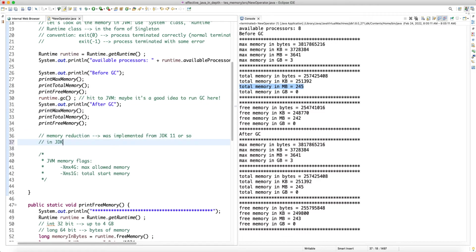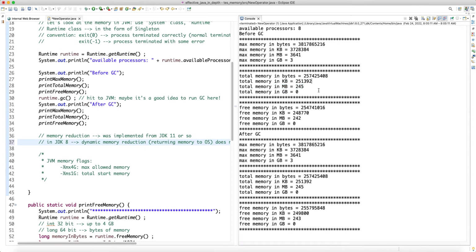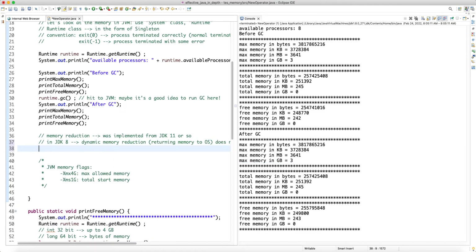So the conclusion is that in JDK 8, dynamic memory reduction, or returning memory to the operating system, does not happen. So this is definitely something they added after JDK 8. It wasn't implemented in JDK 8. And then the other difference is that in JDK 8,